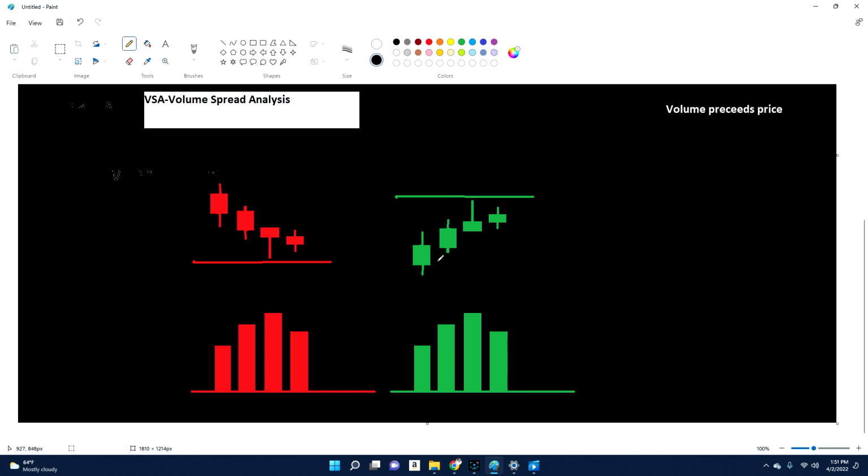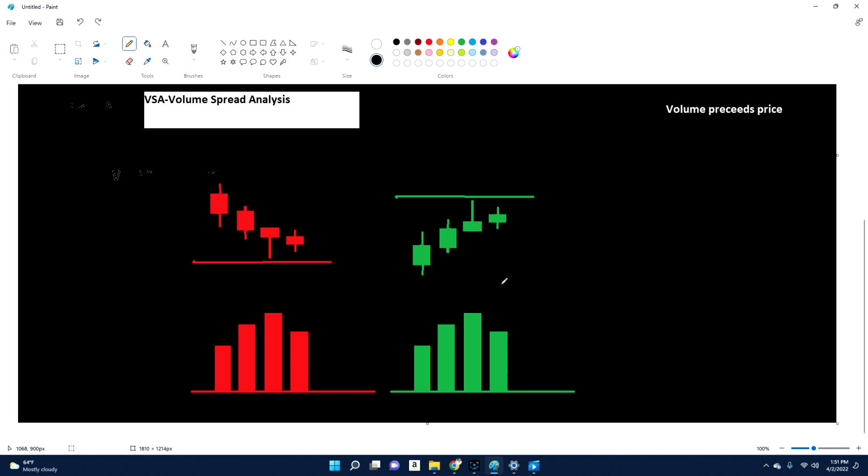when you're in a trend and you have an uptrend such as this, and you have prices going up. What you want to see down below is the volume increasing as price goes up, because what this tells you is that there are more and more people that are believing in this price. There are more people that want to hear the song of this stock going up. If you've got volume decreasing while the price is rising, or volume decreasing while the price is falling, you want volume to be going in the direction of your trade. You want it to be increasing in the direction of the way you're trading. If it's not, you have to stop and ask yourself why.